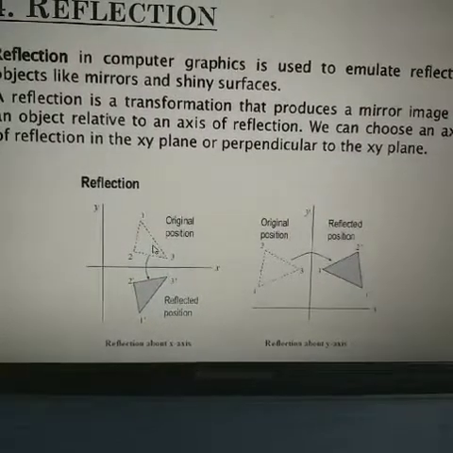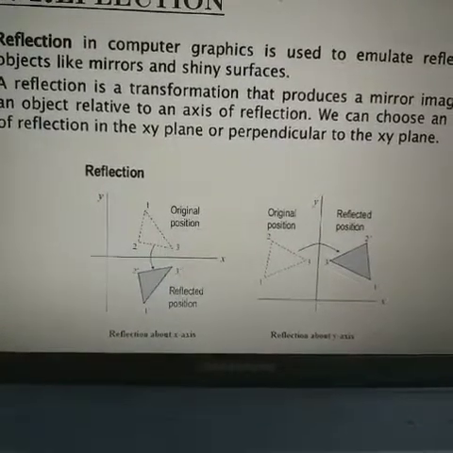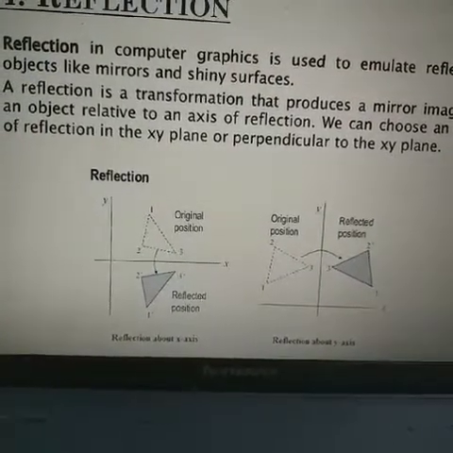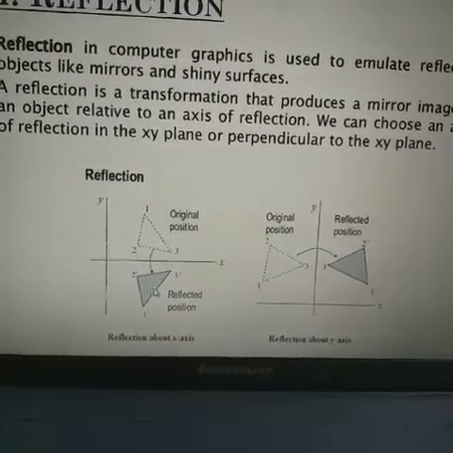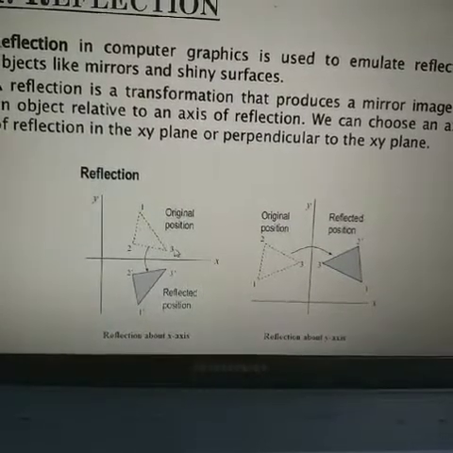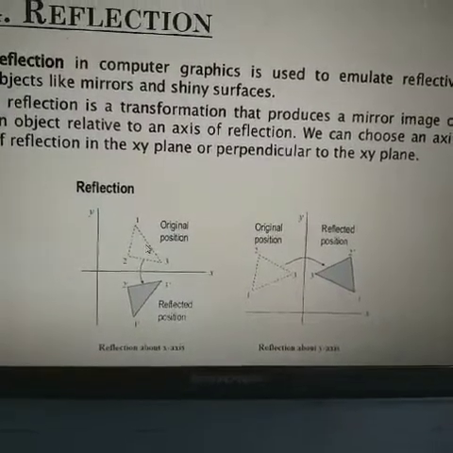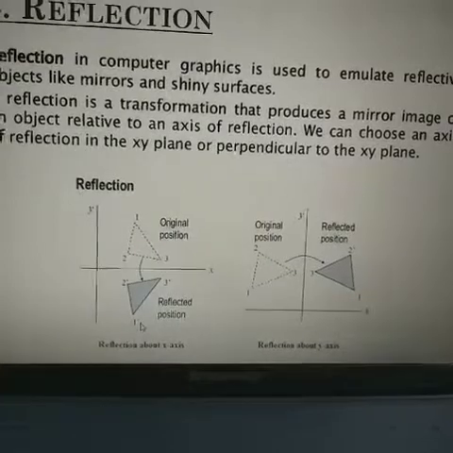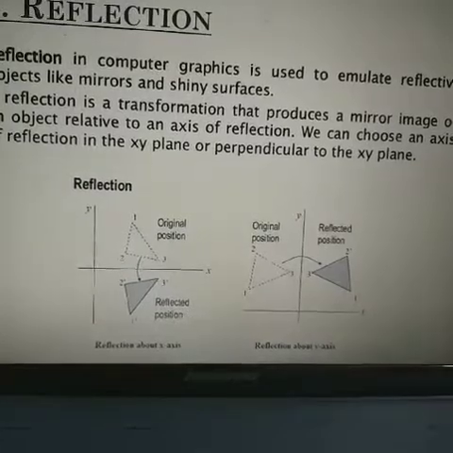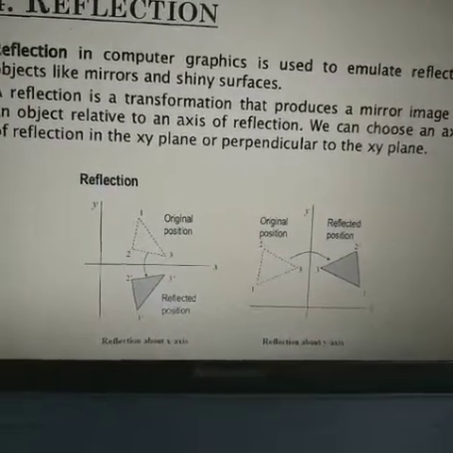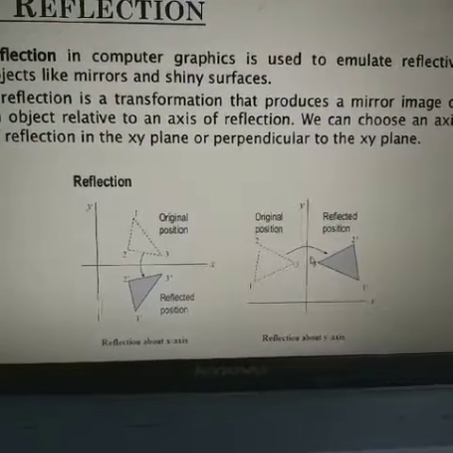If we see the mirror image of this triangle is opposite, so opposite क्या होगा? On the other side of the x-axis, this is the reflected area. So 2 and 3, this side becomes first, and the first point is on the opposite side. So we can say that all the points are on the opposite side. So this is the example of the reflected object on the x-axis, and here is the example for the object